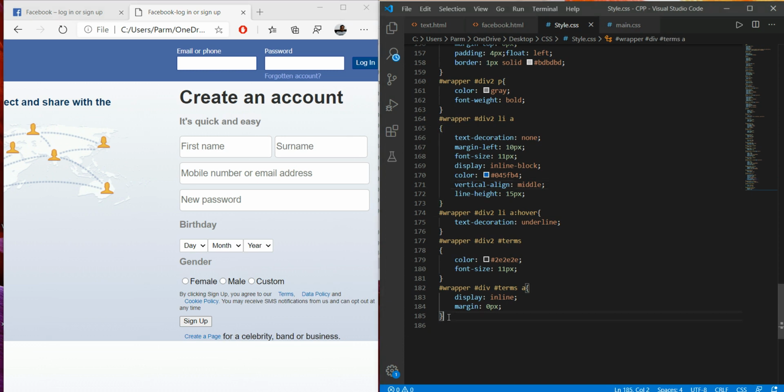Okay, so for this we just have to make styling of this hash wrapper hash div2, and in this list here is input type equal to submit.